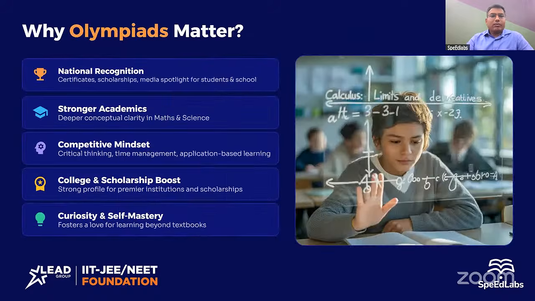You will have an idea about stronger academic concepts. We will be getting deeper conceptual clarity. Mathematics and science understanding will be there. Competitive questions, like you are in the foundation classes, so you will be getting a competitive alignment also, and you will be creating critical thinking types of questions, application based questions directly with the help of this Olympiad, that will be improving your skills.